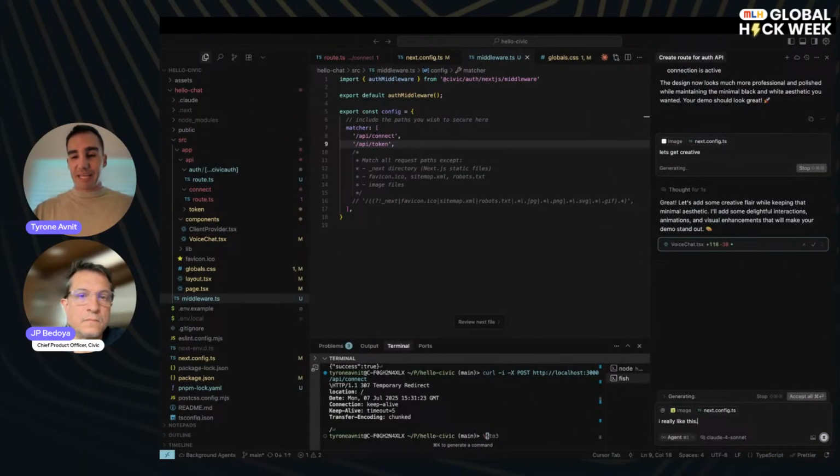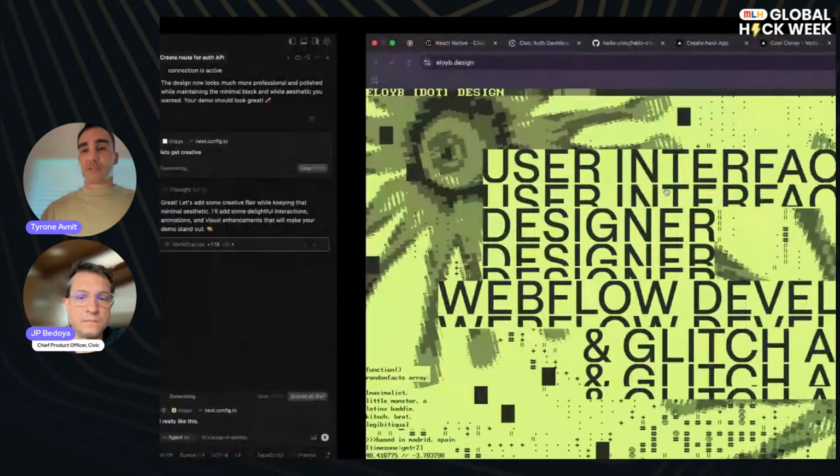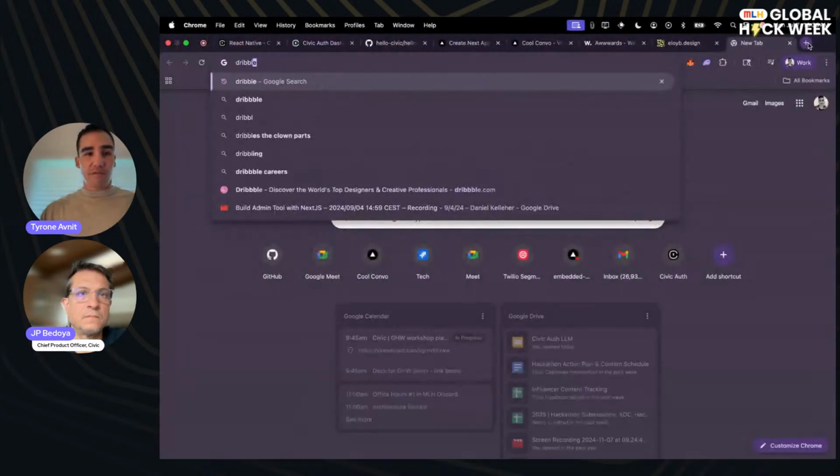And obviously, we're just kind of letting it go free and write the code it wants to. But if you're writing a real application, you want to make sure that the code it's outputting is correct, well structured, and maintainable. But I think during an initial phase, if you're just trying to ideate, if you're just trying to explore, this is the best process of going about it: going and finding inspiration from different websites. Going to Dribbble is also a great one to go to if you're trying to look for components that you're